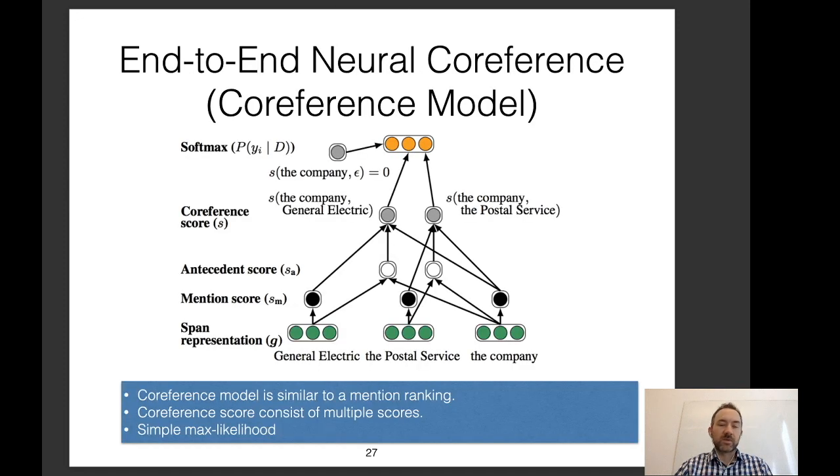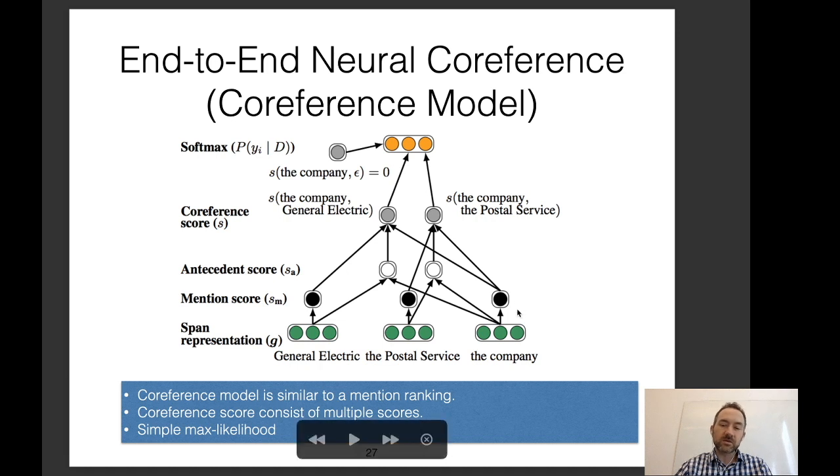So one other important thing that I forgot to put on the slides is this: calculating the pairwise scores over all spans in the document would be basically infeasible, because if all of the spans in the document are n squared, and then we calculate all pairs of scores between them, that would be n to the fourth over a long document. And earlier in this video, I was talking about how infeasible even calculating quadratic scores over the entire document is, and that would be just completely out of the question.